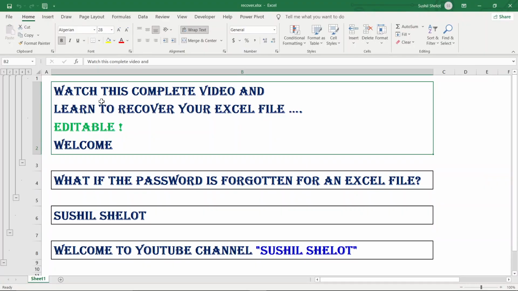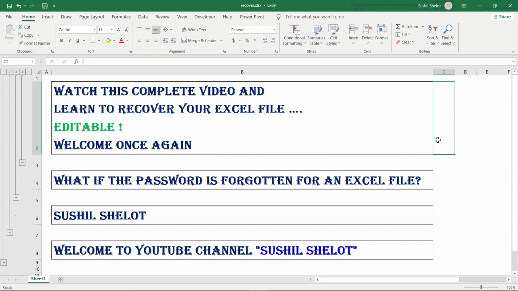Fine friends, so here we are again. My original file has got opened, but now let me check if it is editable or not editable. So now I have clicked on the cell here, and against welcome I'm going to write welcome once again. So there has been a welcome twice in this session, and as you see it could get edited. I'm going to save this file over here, and there it is. I could save it also. So friends, now this file is very much editable